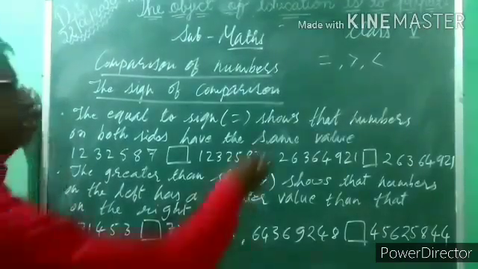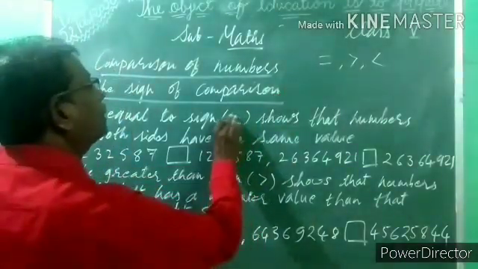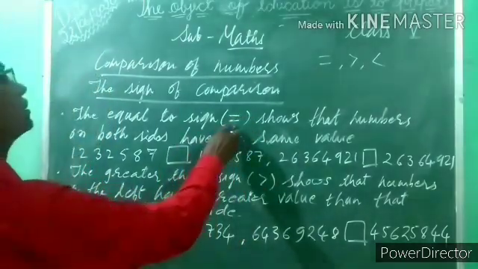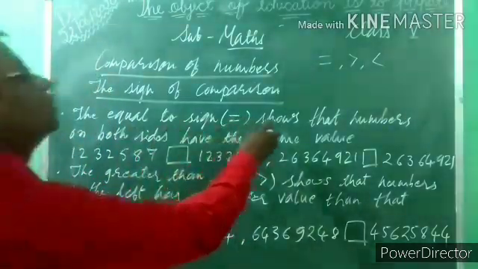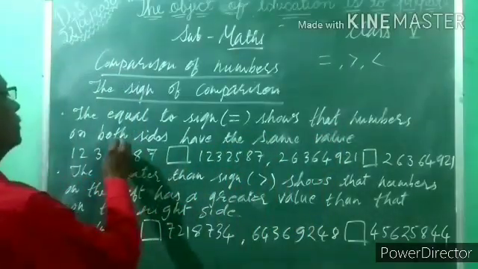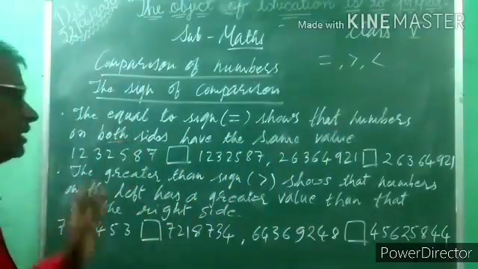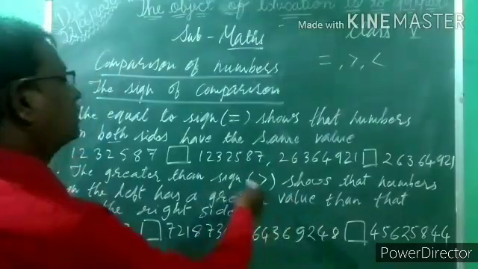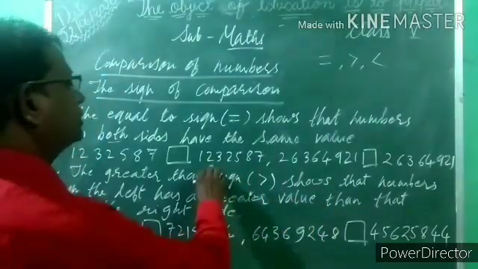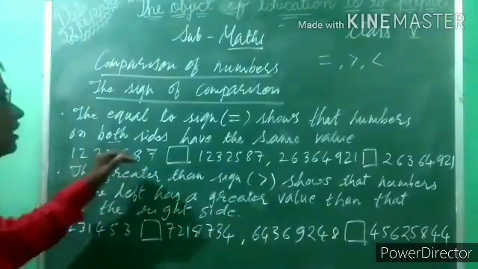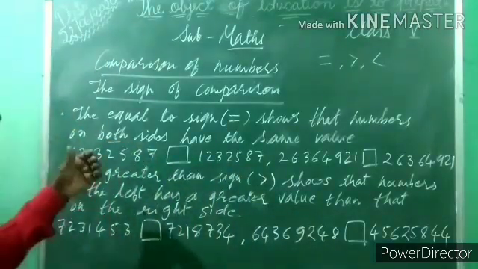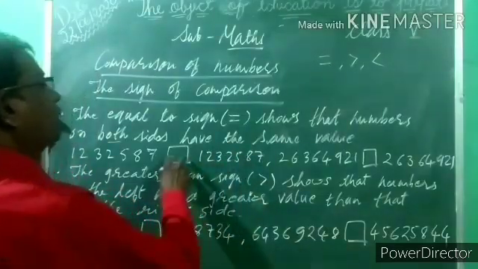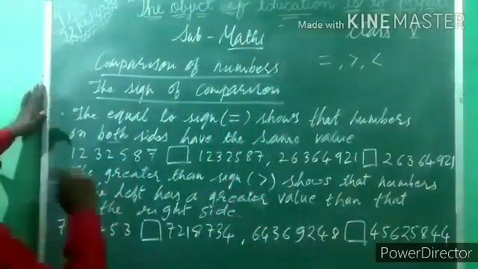The equal to sign. This sign is called which one? Equal to. It means we have to put two small lines like this. This sign shows equal to. It shows that the numbers on both sides, the left hand side as well as the right hand side, are the same. Two sides will be given. The number present on the right hand side is called the right hand side number, and the number present on the left hand side is called LHS, meaning left hand side. So if both numbers are same, then we have to put the is equal to sign.